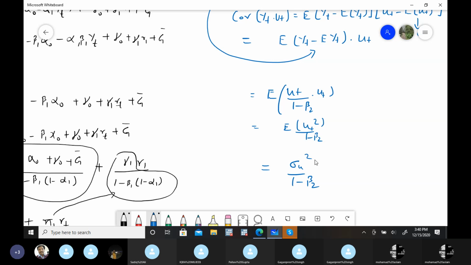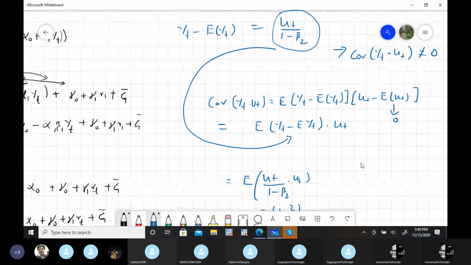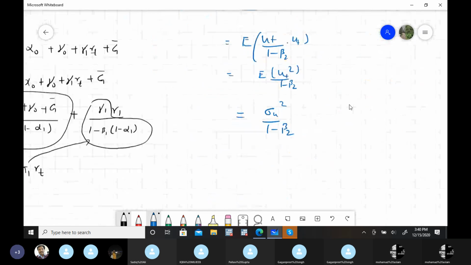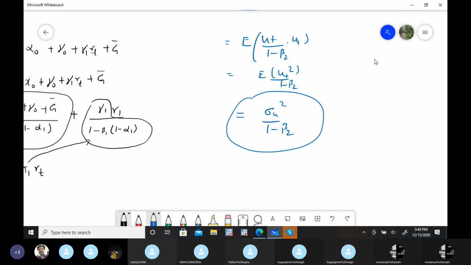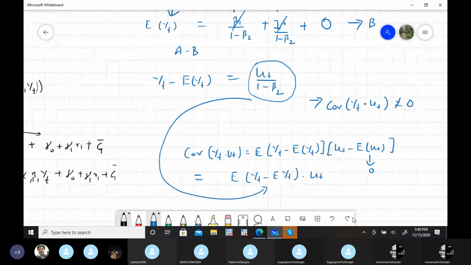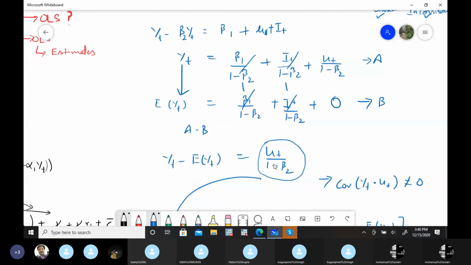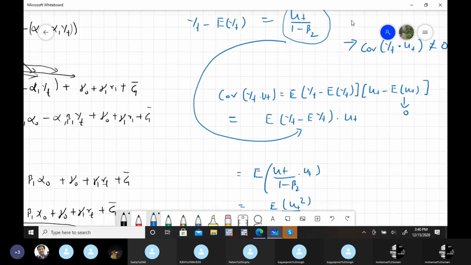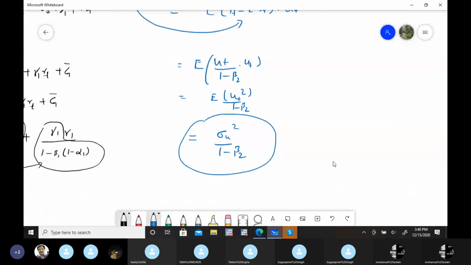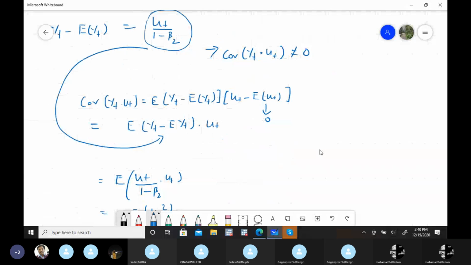But actually what we need are unbiased and consistent estimators. So to show how these results are now biased and inconsistent, I'm going to use two things. You have to just remember this part, that the covariance is not 0. That's the one thing you have to keep in mind. And second, this particular term. So I'm going to use these two terms to prove the results are biased estimates.